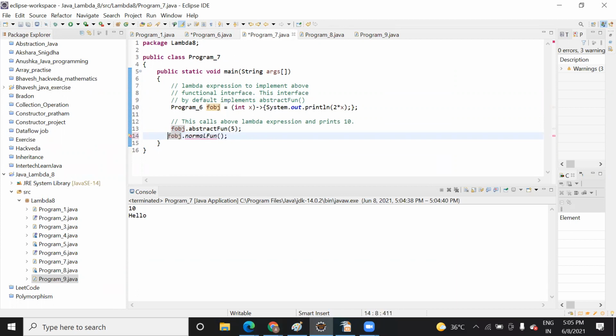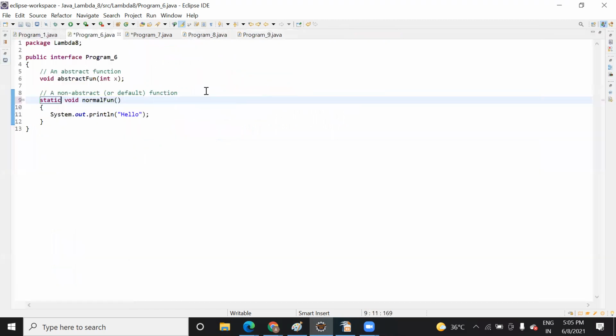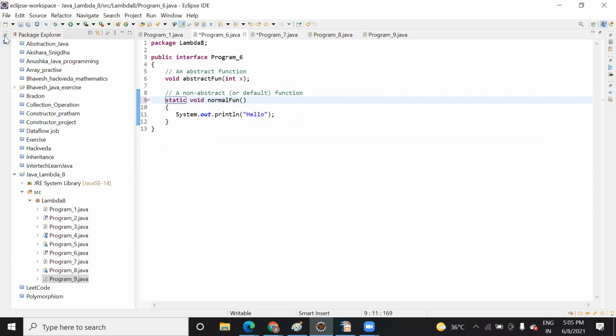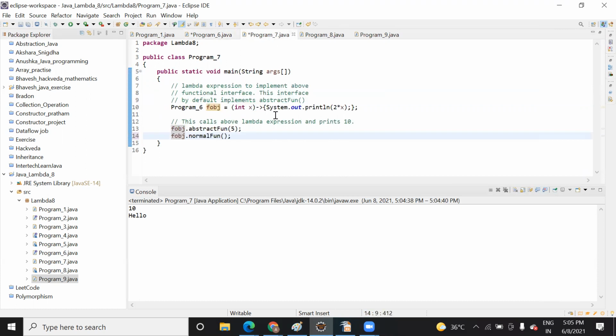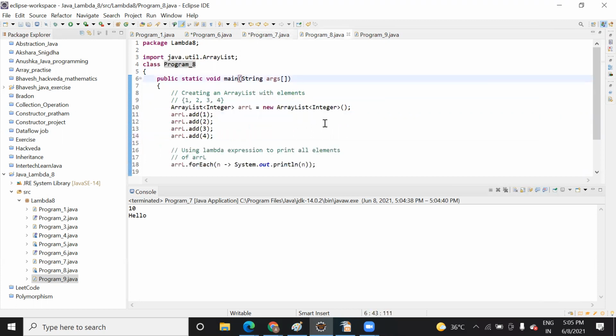And you have to change it to default. The error is removed.